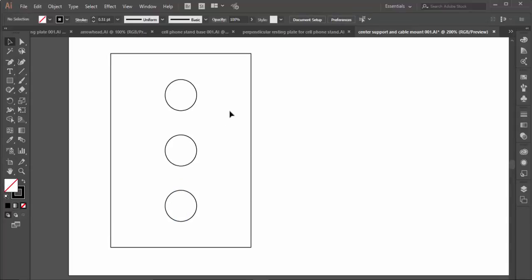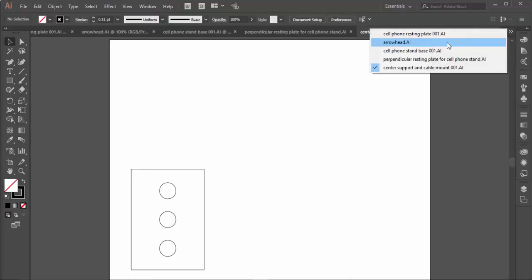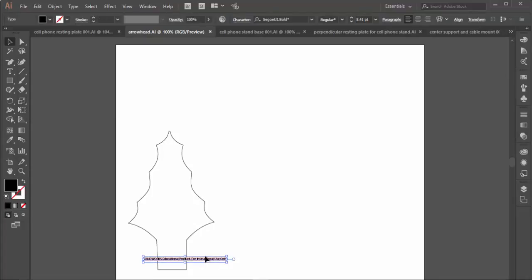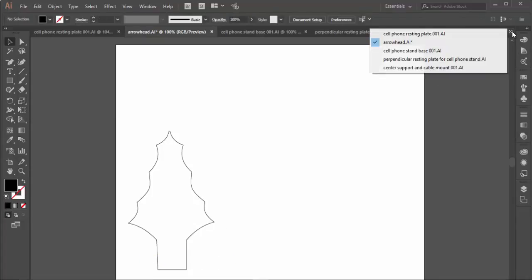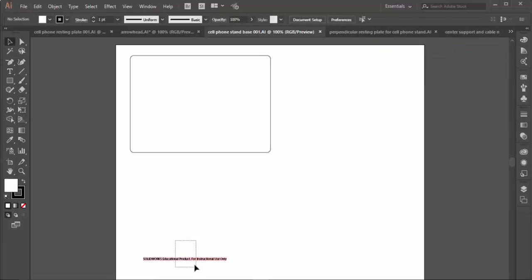As soon as I get them gone, I'll do a Control-0 to zoom to the extents of the screen, and then I'll save that file. It's always important to save your files. Now I'll come back along to each one of the files, like the arrowhead here, select this, delete it, and then I'll go to the next file here, cell phone stand base, there it is, select that, delete it,